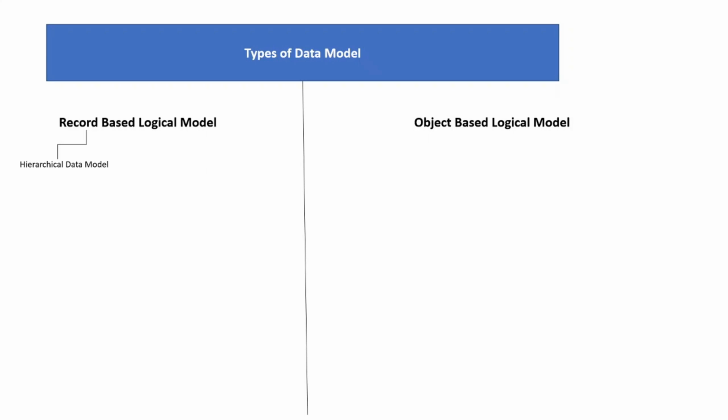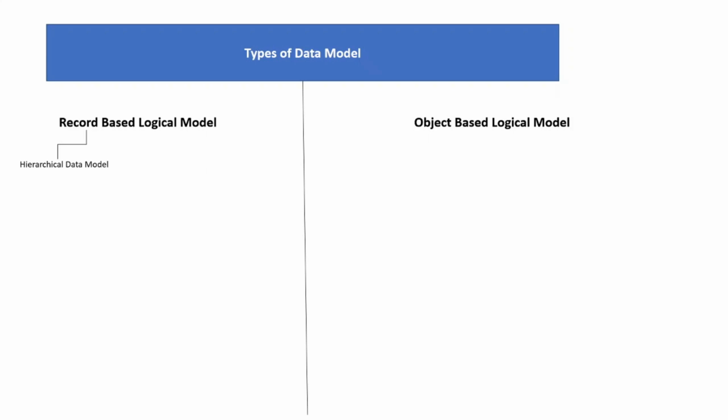In the early 1960s and 70s, when the database concept was in the starting phase, much data was not there to be considered. So at that particular time, the hierarchical data model was followed. Now what is this model? It is a tree kind of structure where one component is considered as the root of the tree and others as the branches.